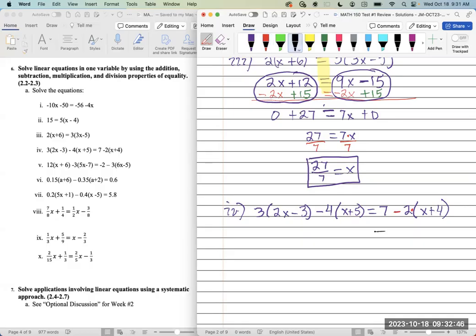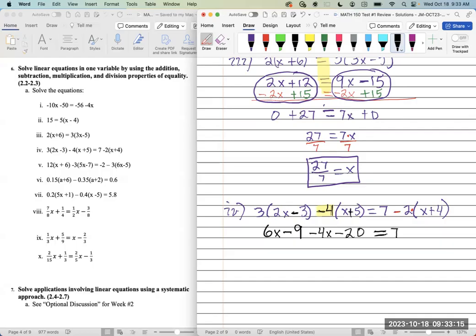I'm going to simplify or rearrange each side. So I'll distribute. 3 times 2x becomes 6x. 3 times 3 is 9. Positive times negative is negative. Now I have a -4. Remember, this negative goes with the number behind it. -4 times x would be minus 4x. And -4 times a positive 5,